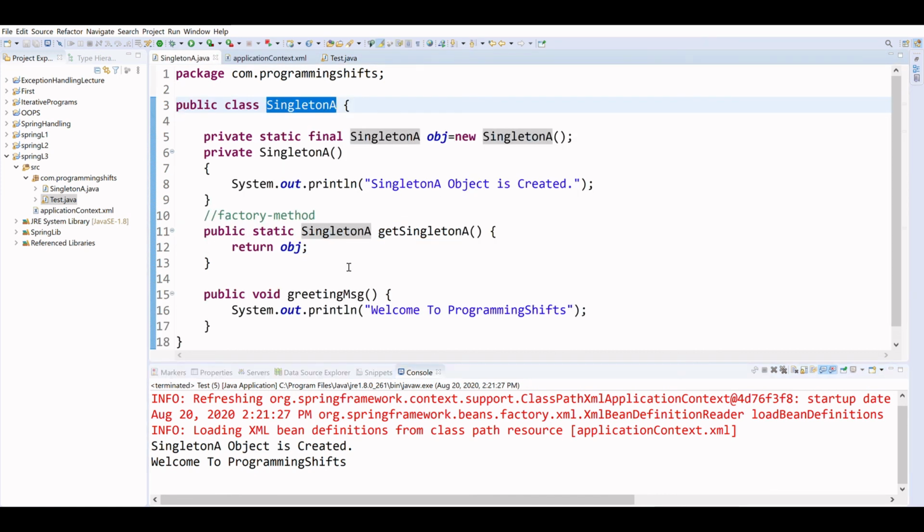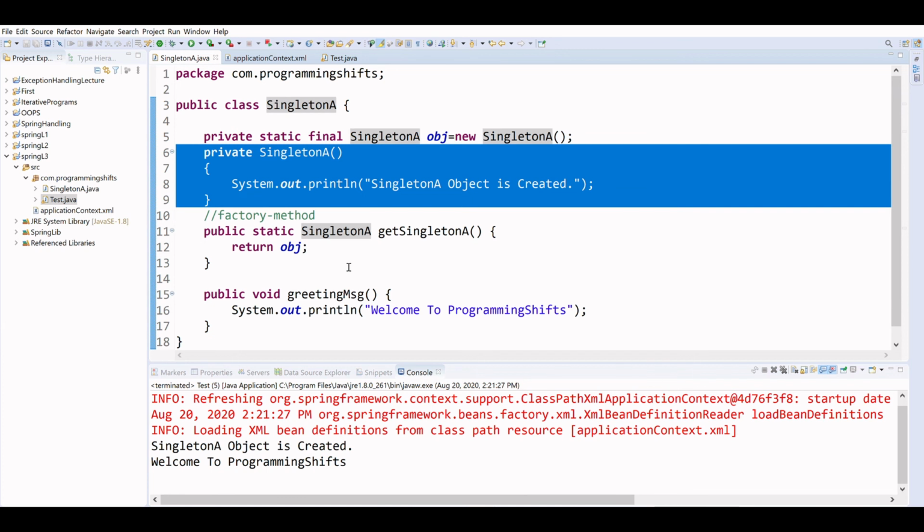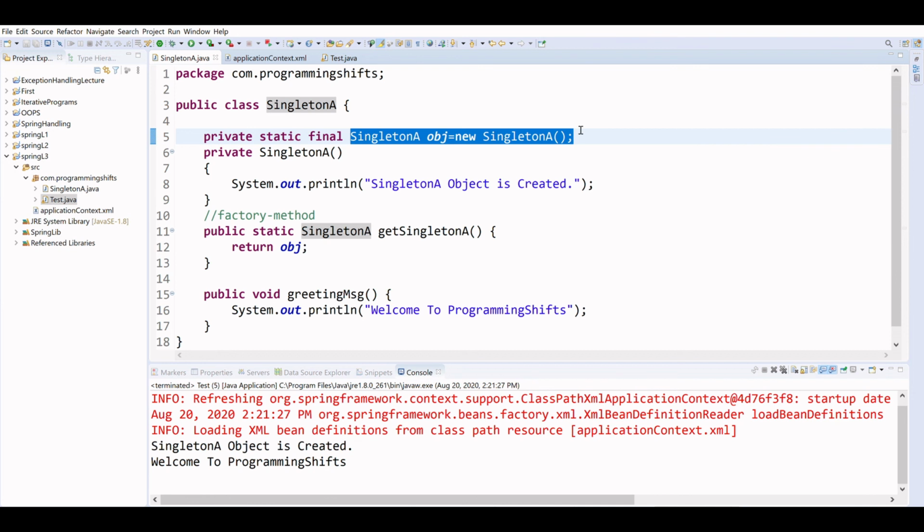When the application is initialized, the IOC container, that is the application context, will initialize, the Spring container will get initialized, and the singleton class will create its object, because we are calling the constructor using the new keyword to get the object obj, and obj is static in nature, so it will be created at runtime, the first time the class loads. So the message comes: singleton object is created, right?